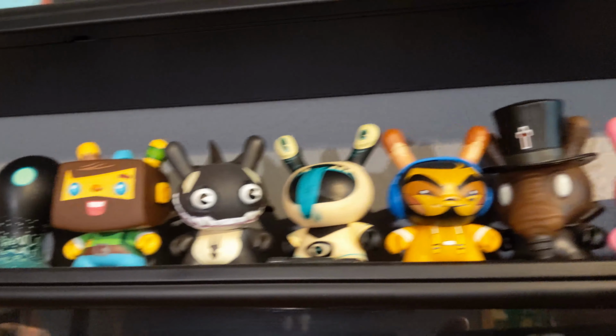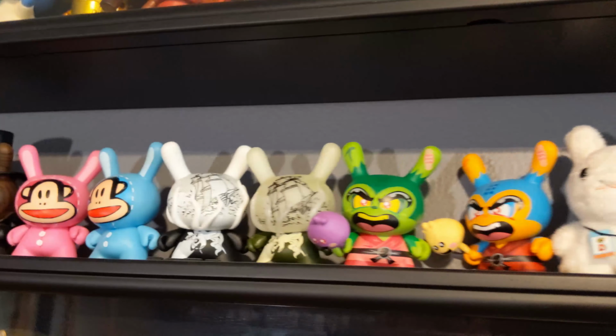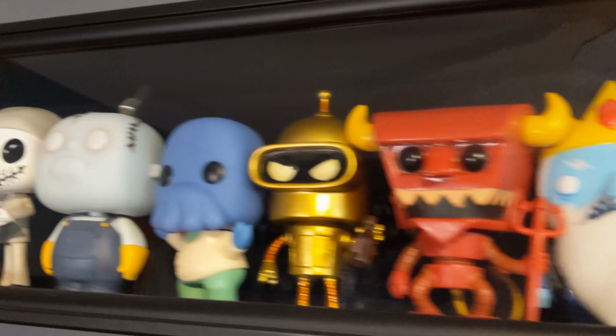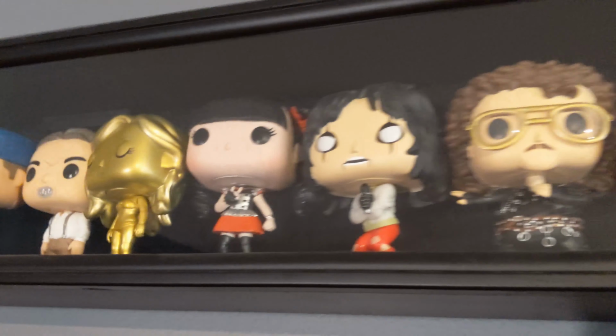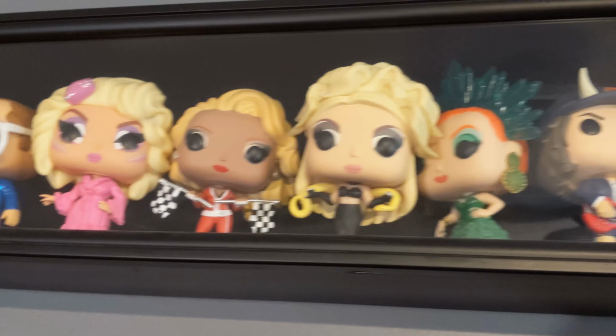And right on top of that case, there is my mini Dunny collection from Designer Con last year. In the animation case here, we have Adventure Time, Futurama, Ren and Stimpy. I forgot when we took Gunter to the zoo to get a picture of him with the penguins. I didn't put him back in the case yet, so you'll notice he's not in there. In the top case, I've got Music, Krampus, as well as the Drag Queen